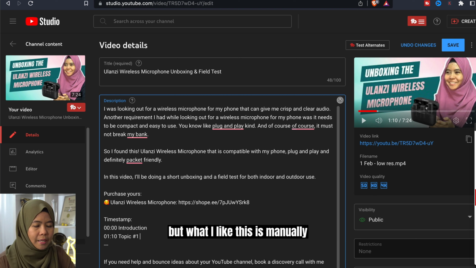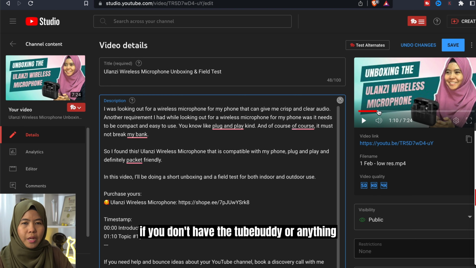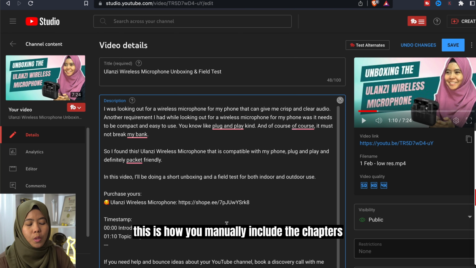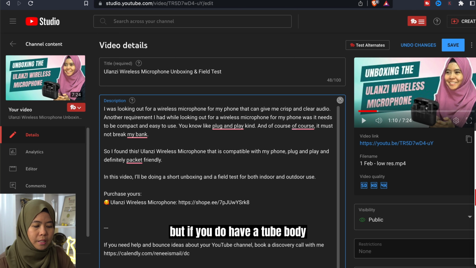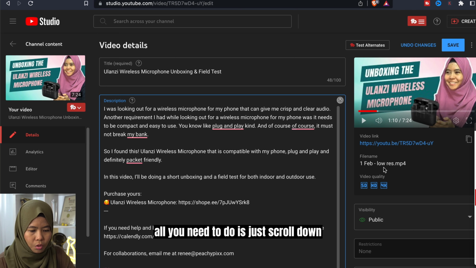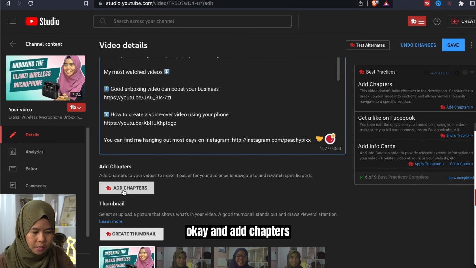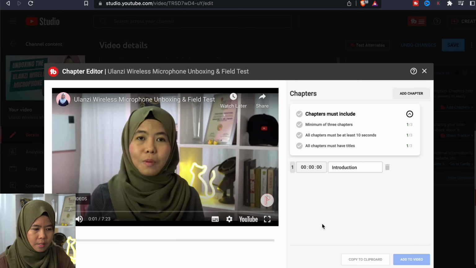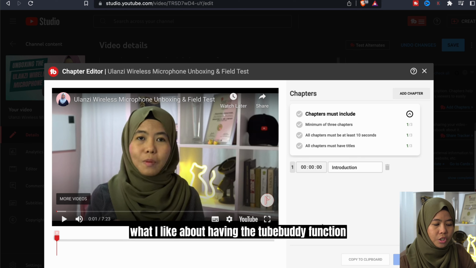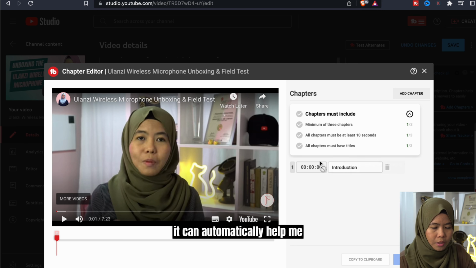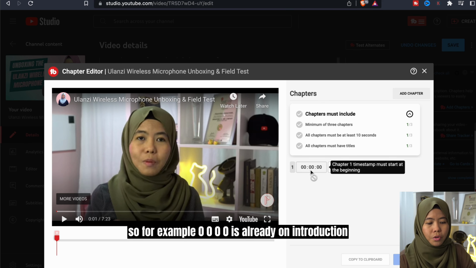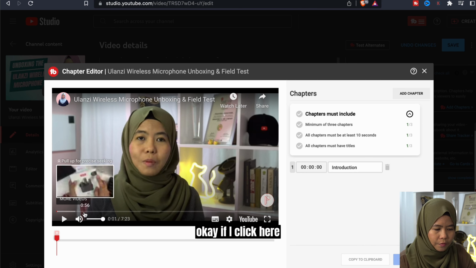But this is manual. If you don't have TubeBuddy or anything, this is how you manually include the chapters. But if you do have TubeBuddy, all you need to do is scroll down and click on add chapters. What I like about having the TubeBuddy function is that it can automatically help me. For example, 00:00 is already on introduction. If I click here,